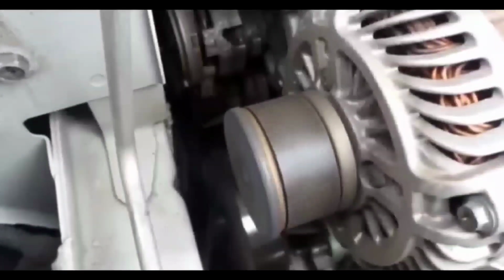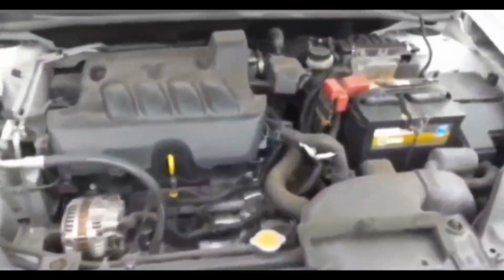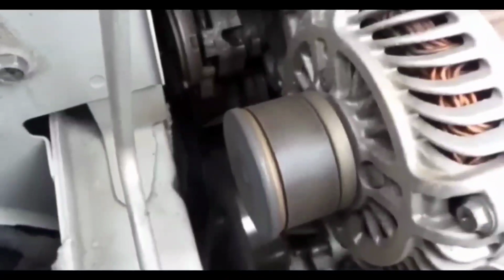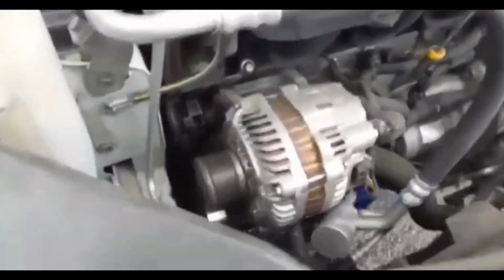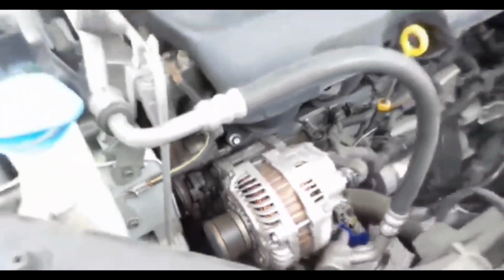All right, we are going to do another no start video, because pretty much everybody who has a car is going to run into a no start at one point or another. So you might as well understand what causes these no starts. In particular, this video is about a no start